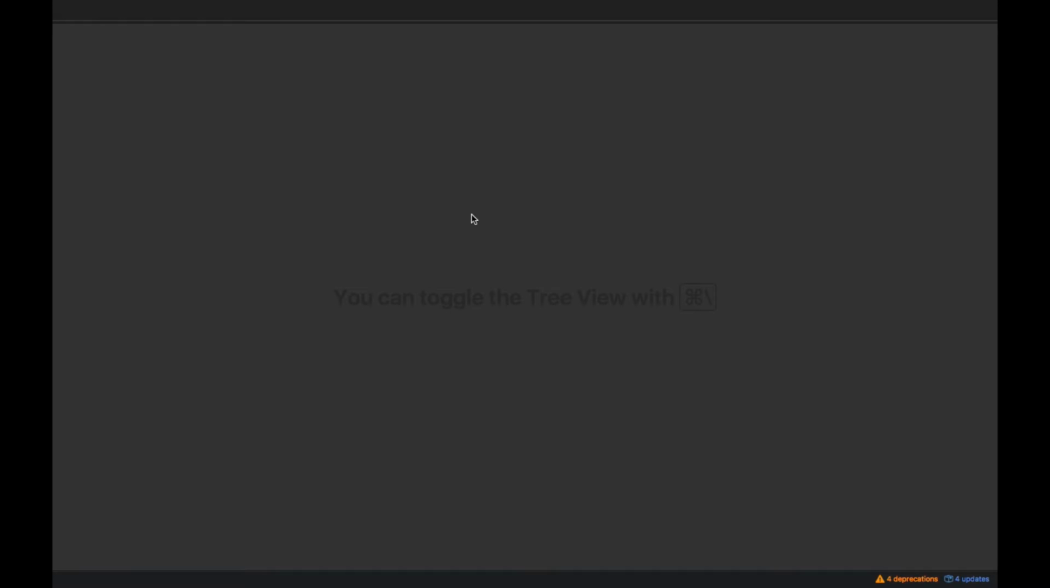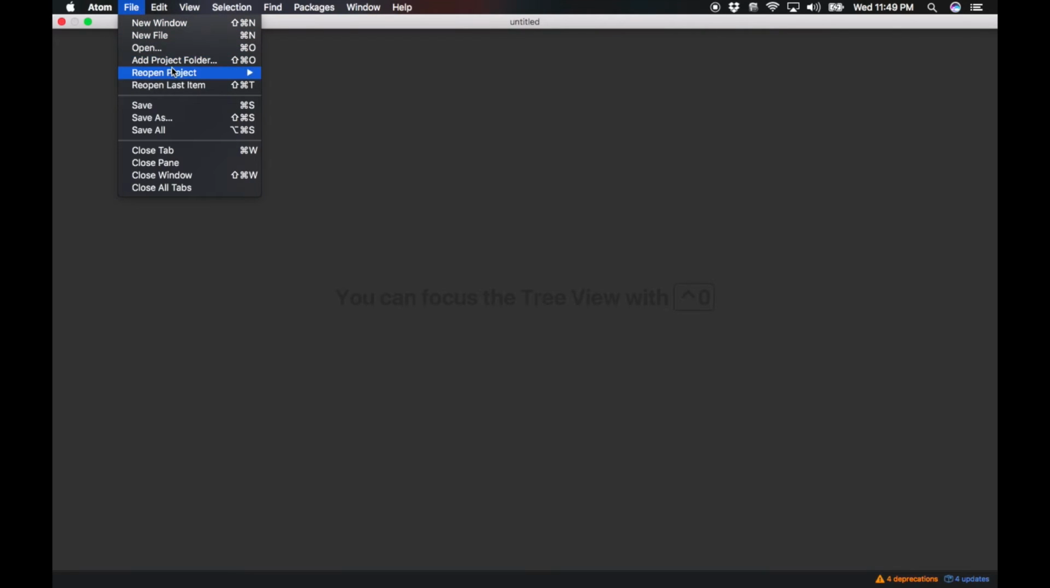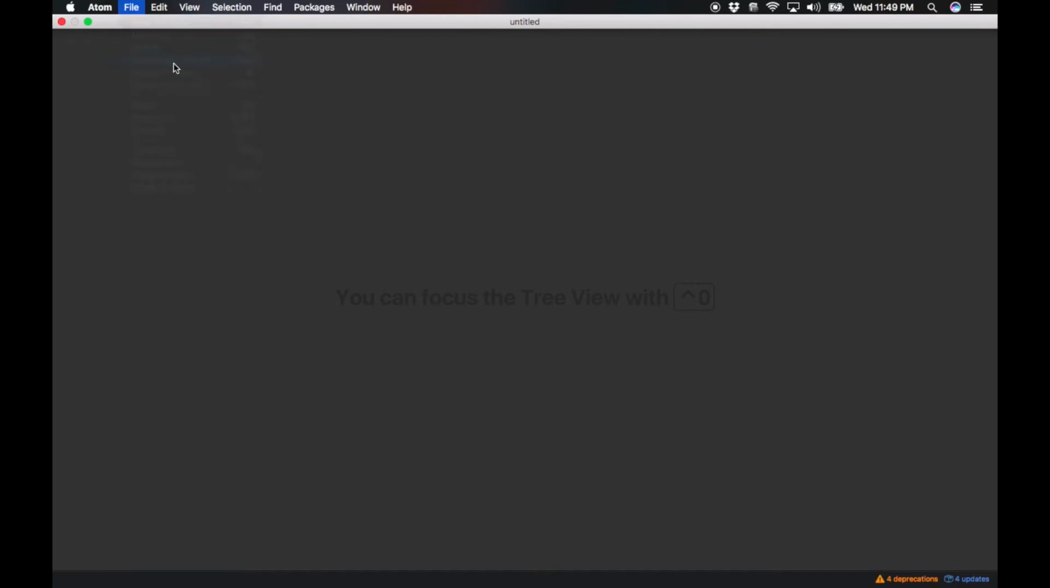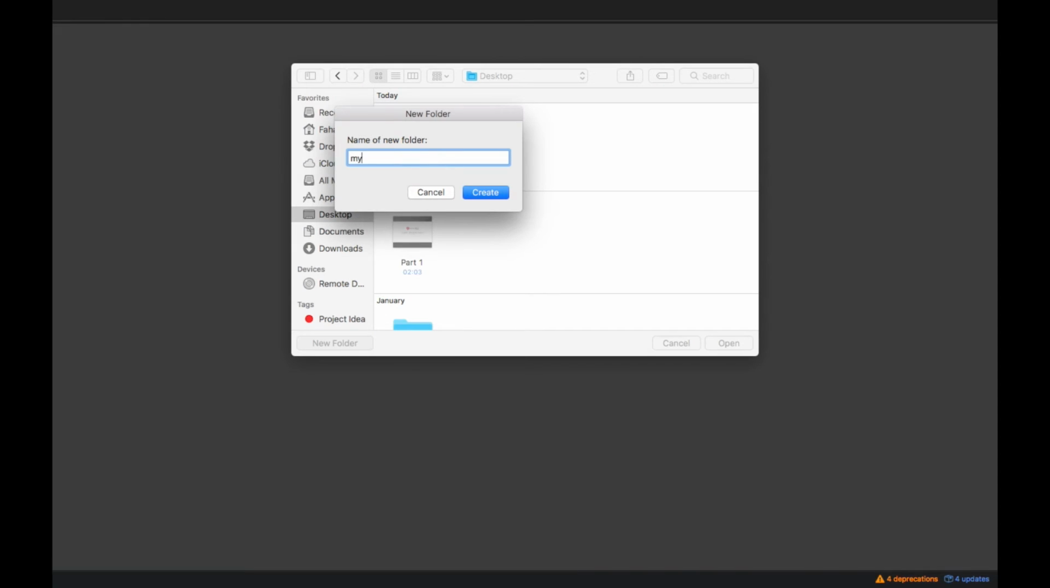Okay guys, to get started with AngularJS, what you have to do is go to some directory and make a folder where you're gonna make all of your website. So go to your code editor or whatever. I'm using Atom and I'm gonna go to File and add a project folder. I'm gonna simply make this folder on the desktop. Let's call this folder my project